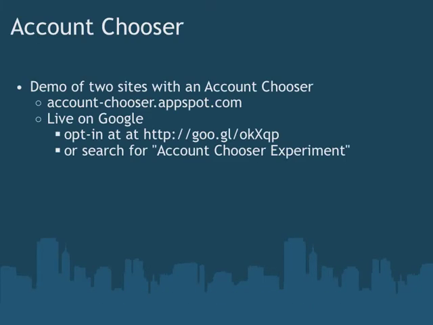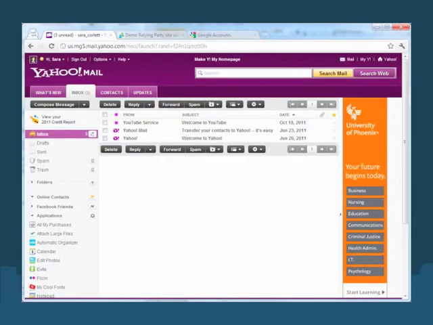And so in the next few minutes, what I'm going to do is walk through screenshots from a live demo you can actually try yourself by going to the websites listed here. There are 2 websites. One is account-chooser.appspot.com, sort of a demo online party. But another interesting one is that Google itself has deployed an account chooser. And if you just do a Google search for account chooser experiment, you can turn it on your own computer and try this demo yourself. And let's show how this works.